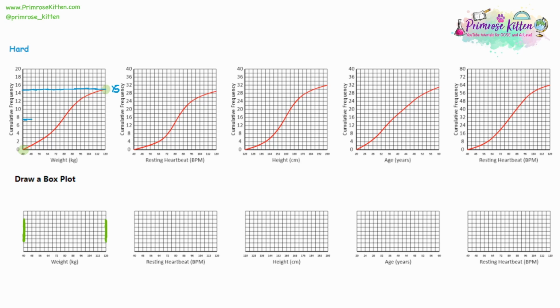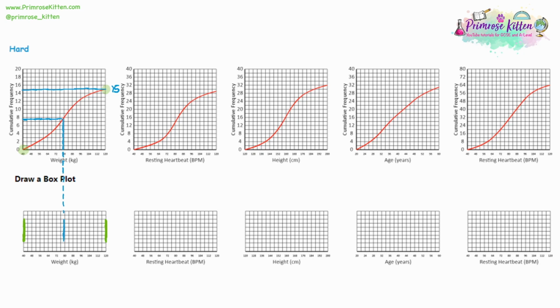So we're going to find 7.5. We're going to draw a line across from it. I'm going to hit the red line, and I'm going to draw a line down. And it's just before 80, so that's going to be something like 79. So I'm going to draw a line at 79 on my box plot. Now, often exams are going to have it lined up like I've got it here with the graph above the box plot. And one thing you can do is, using a ruler, you can continue this line downwards, and then you should be able to see where 79 needs to go.